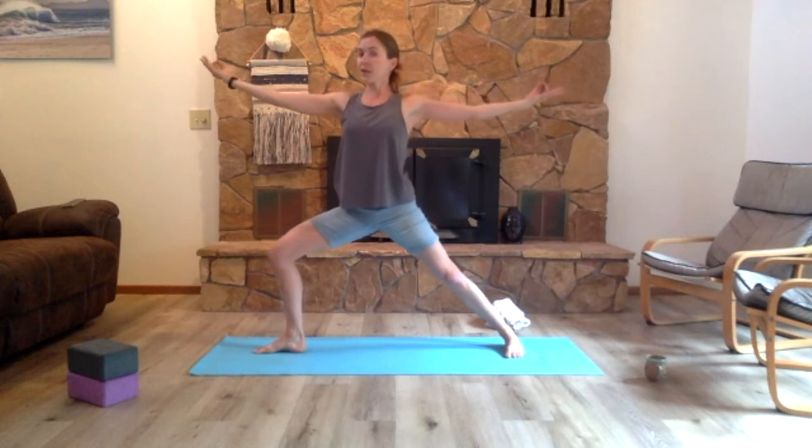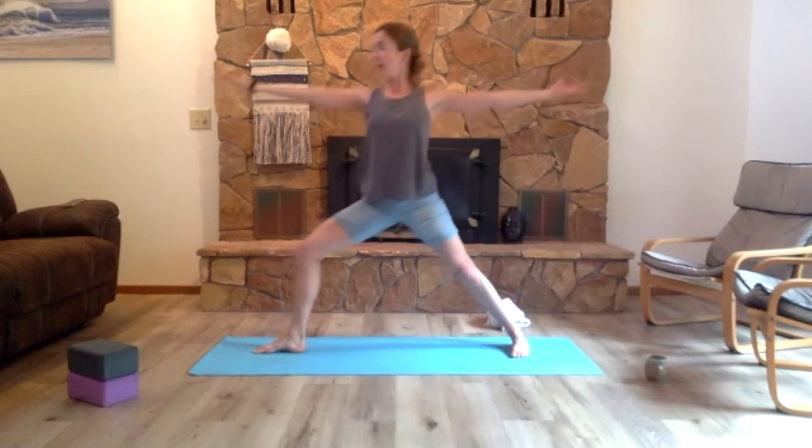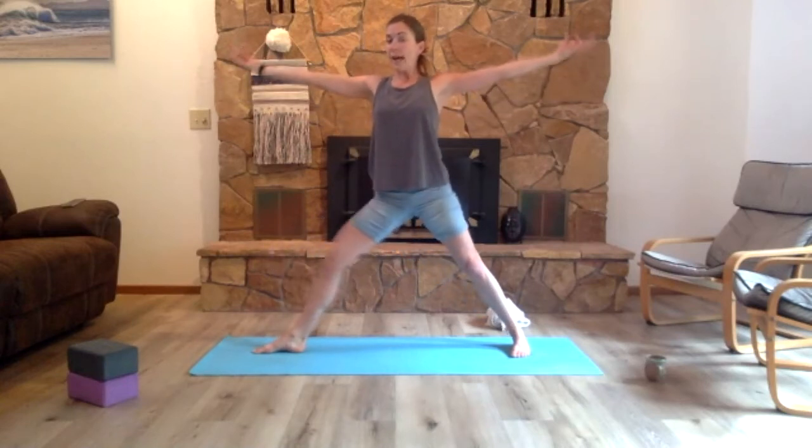And then inhale, straighten through the right leg. Exhale, soften back into the warrior. And feel the upper body expand wide. Inhale, lengthen. Exhale, bend. One more time. Inhale, lengthen. Exhale, bend. Go ahead and take this left hand, release it behind the back, so back of the palm to